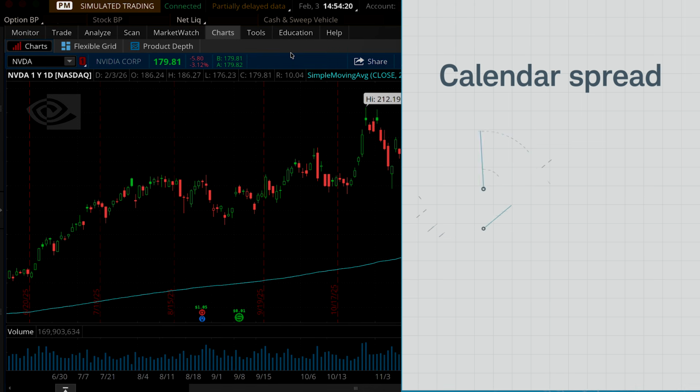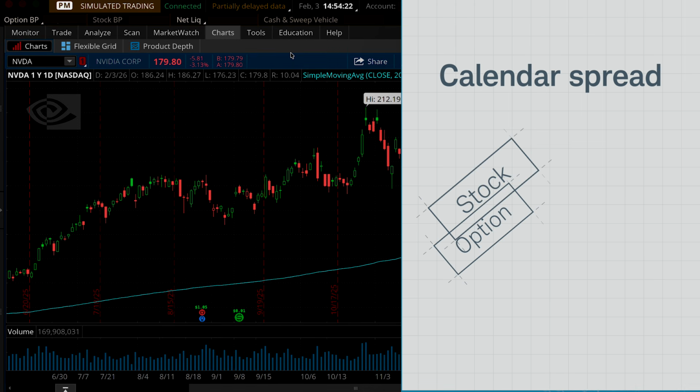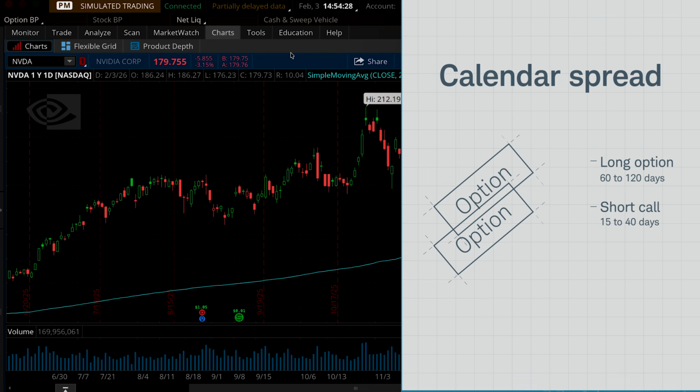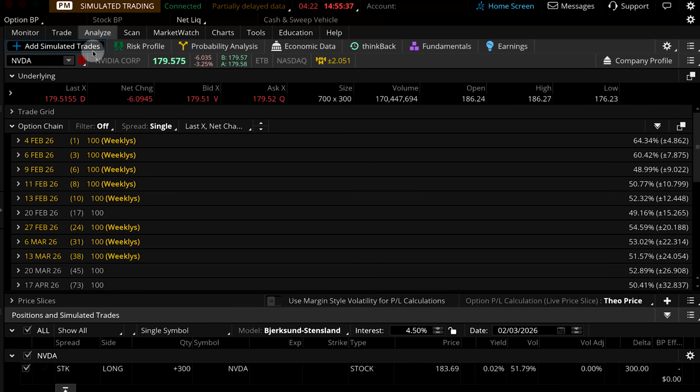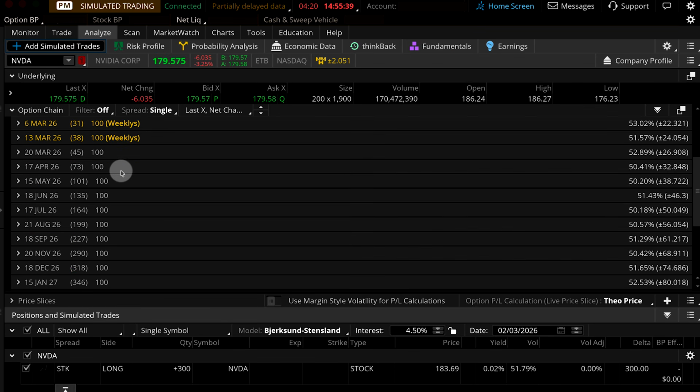It's kind of like a covered call, but as opposed to having 100 shares of the stock, we're going to buy an option that's a bit further out. Let's say we're going to go 60 to 120 days, and then we're going to be selling a shorter term option. So switching over to our Analyze tab and our simulated trades, let's say we go to May 15th, about